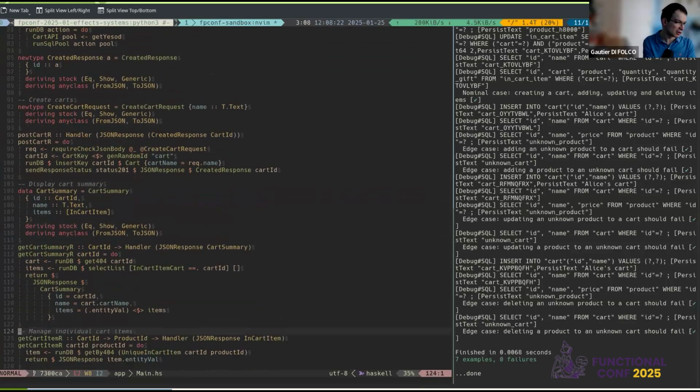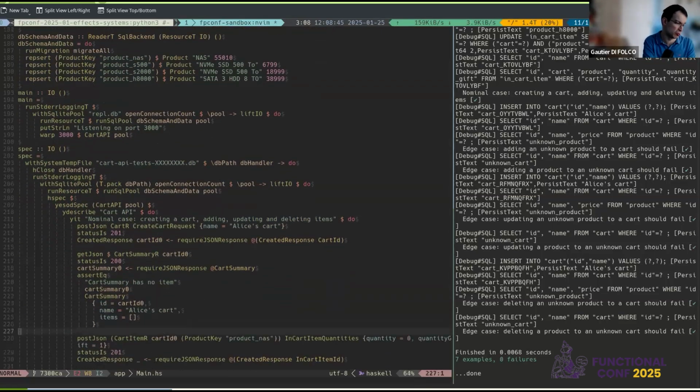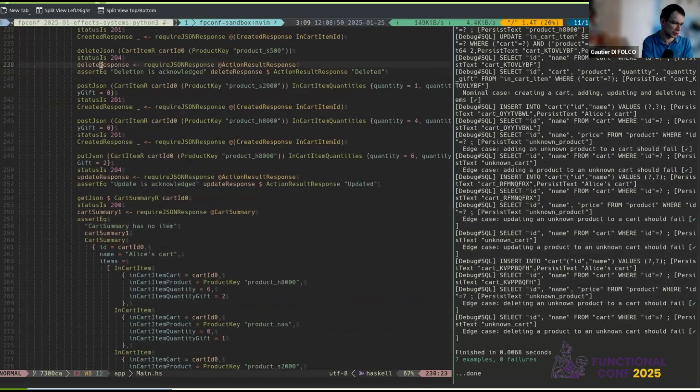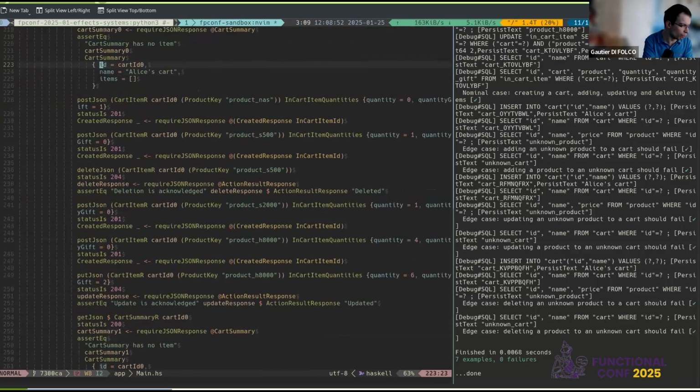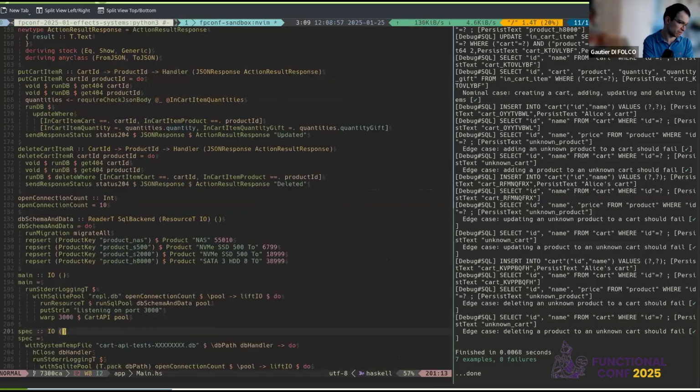Also, the handlers are really straightforward because, for example here, you get the body, you perform the persistent operation and you return it directly. I have a few test cases in order to ensure that everything is working, but nothing too fancy. Okay, so